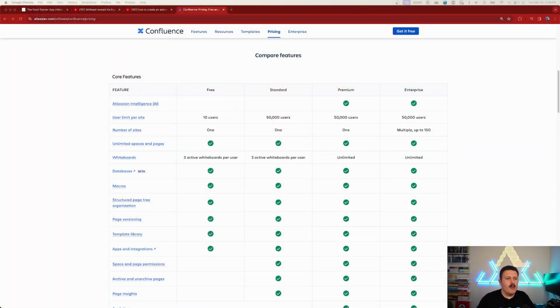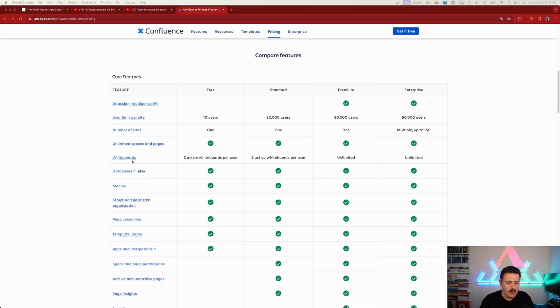All right, let's go look at those Confluence whiteboard pricings and let's talk about what happened here. So here we are on whiteboards. And again, when it was in beta, it was free for everybody. And I knew that this was coming. Atlassian does this, right? This is part of the operating mode where they tease you, they give it to you for free, and then when it's out of beta, you got to pay. So how much do you have to pay?